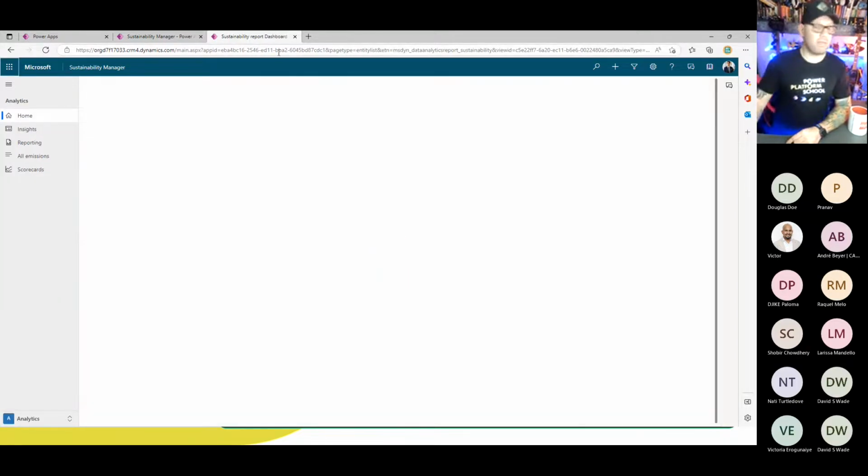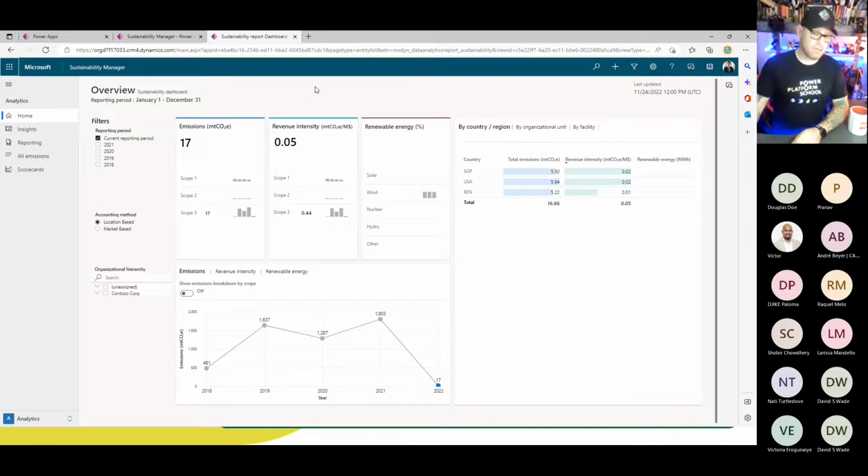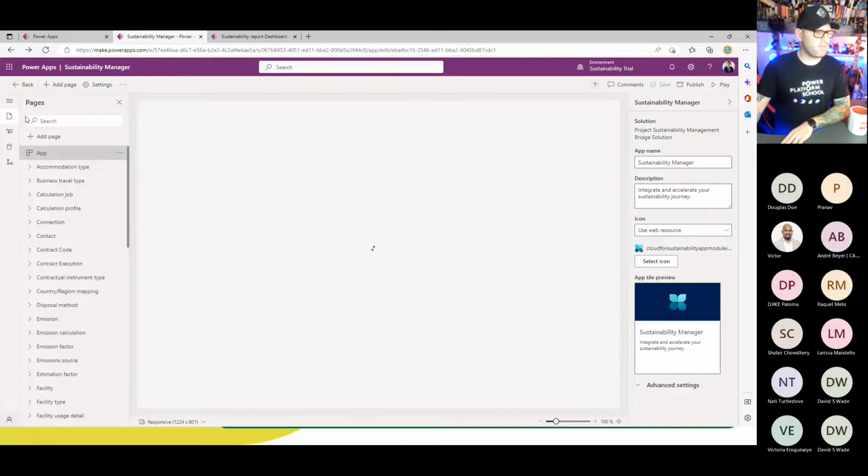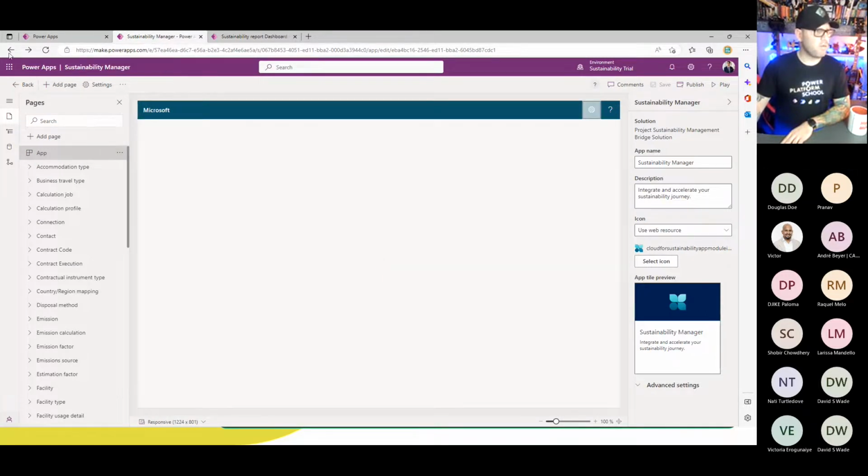Like I said, this has been through 3 runs of ALM. So I've exported that managed project. I've imported that 3 times and imported the bridging solution 3 times. Works like a charm. The other thing that's pretty important in here from a solution perspective is